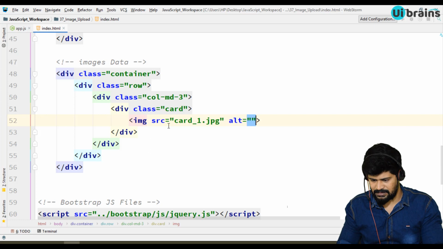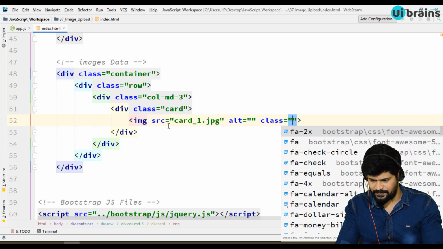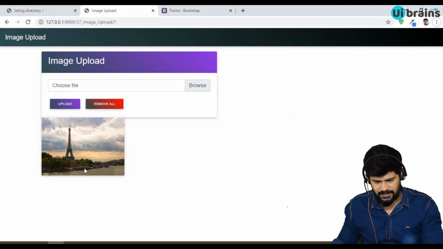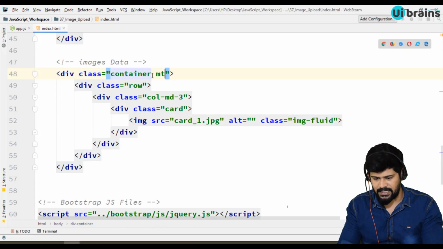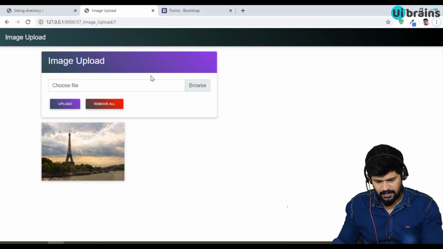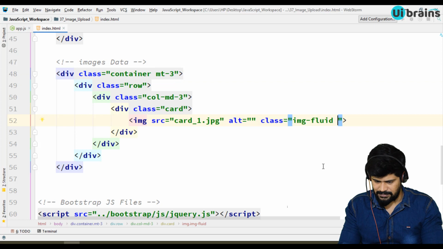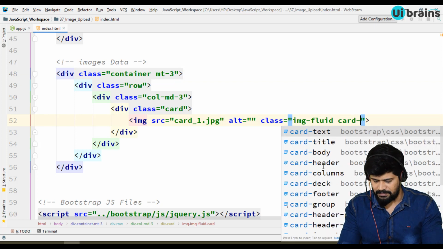Next, class img-fluid. Let's check how it is displayed. Let me give some margin top, so for the container margin top 3. Fine. And then you can give an extra class called card-img.